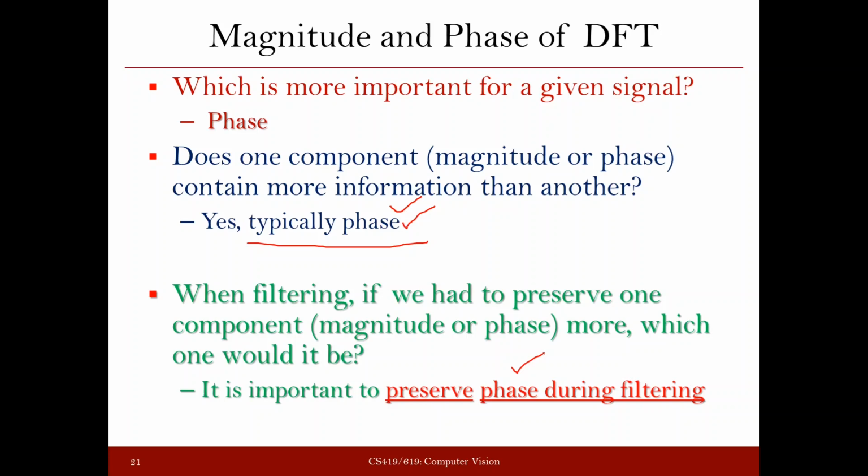So if you have to dilute one of these two, or take extra care of one of these two, you will take more precautions when you are handling the phase, and you can be a little relaxed when you are dealing with the magnitude. All right. Fine. So with this, let us close this session. Next class we will again discuss a few more remaining things about the Fourier transform. Thank you.